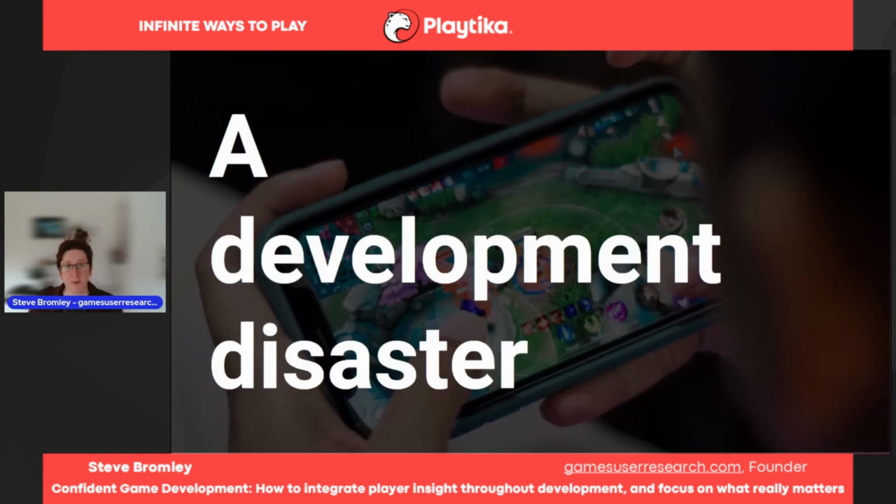And I'm going to start with a development disaster. So I'm lucky that I get to work with a number of studios. One that will remain nameless for today was working on a free-to-play battle royale game and had been working on that for many years. Like many games, they didn't put it in front of players particularly early. Instead, testing was treated as a milestone where they were waiting until it's nearly done in soft launch, and then we'll put it in front of players and see what works, rather than getting that true ethos of iterative development.